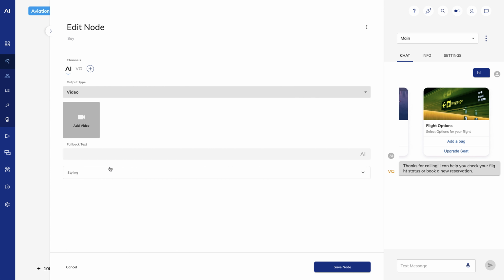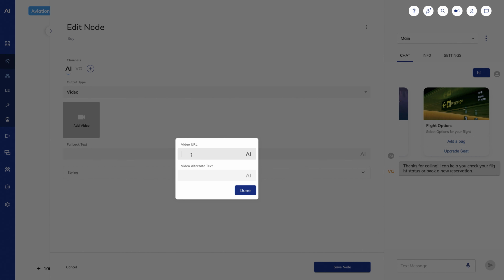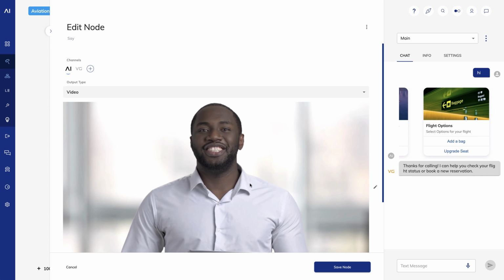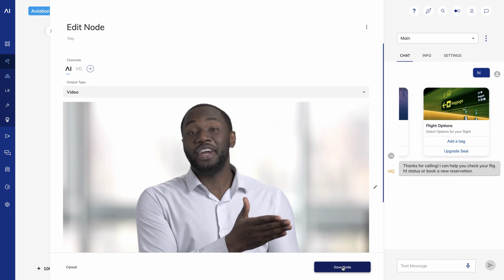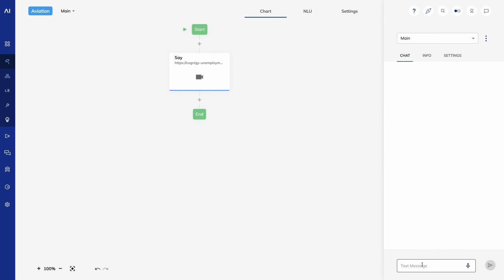I can also add a video. Let's see what that looks like. I get a nice preview in the editor, and when I run it in the interaction panel, you'll see basic